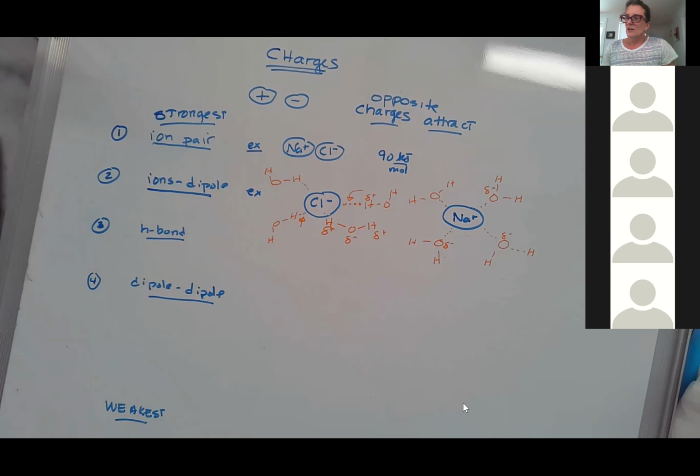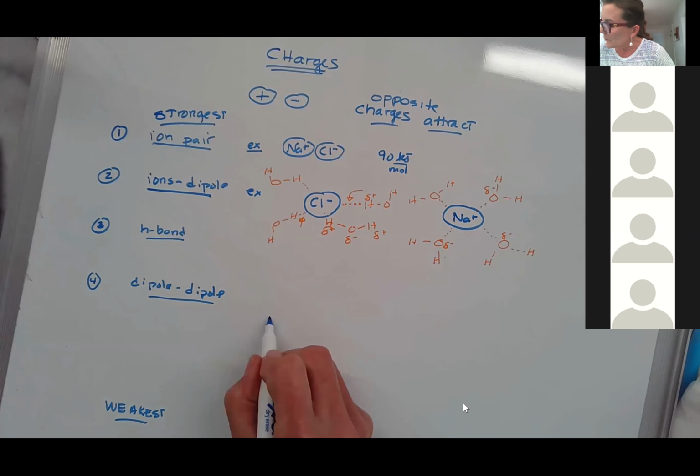And one of the things that I don't love about the slides is that they show you molecular models. They show you red balls and white balls and black for carbon, but they don't show you the chemical formulas. And I think it's easy to lose what it is you're looking at because the formula isn't there. So in the dipole-dipole interaction, it's an interaction between two dipolar molecules. And so an example would be something like this.